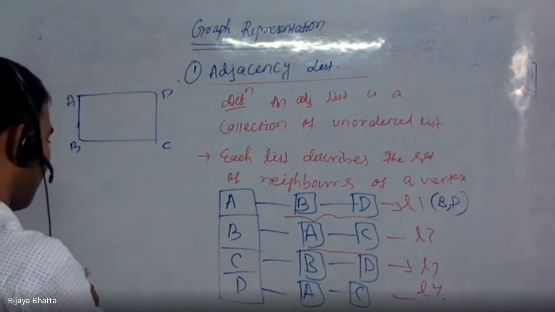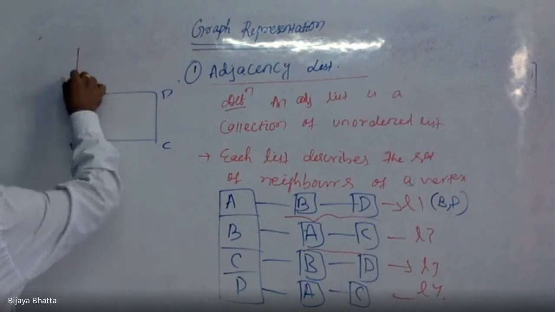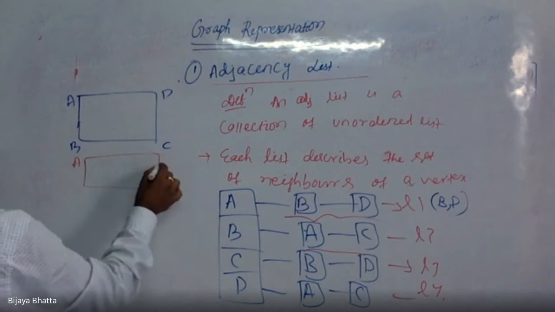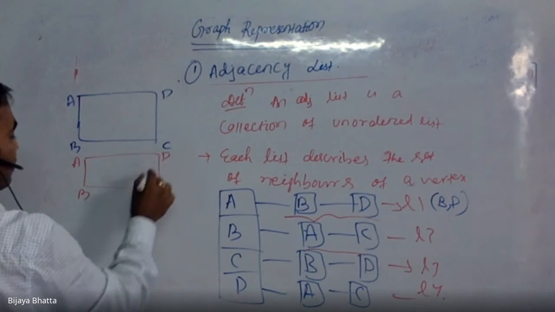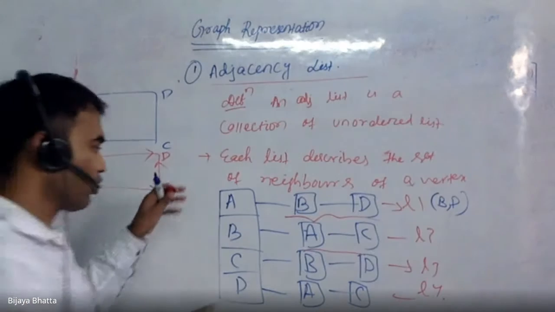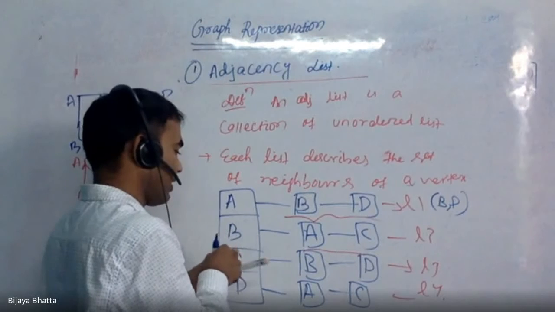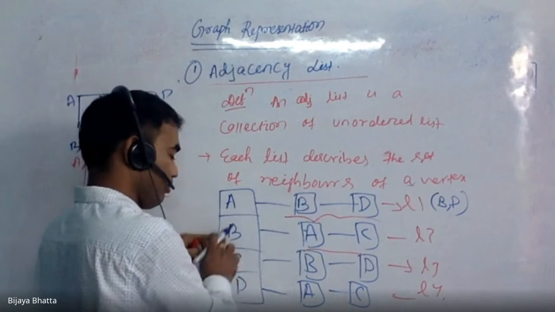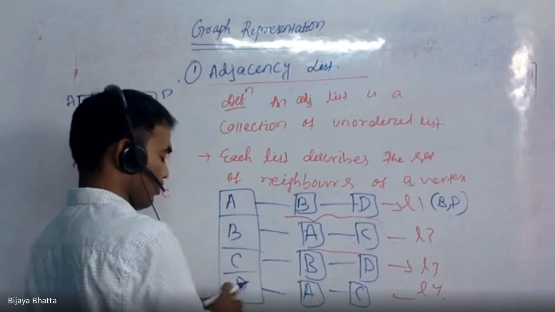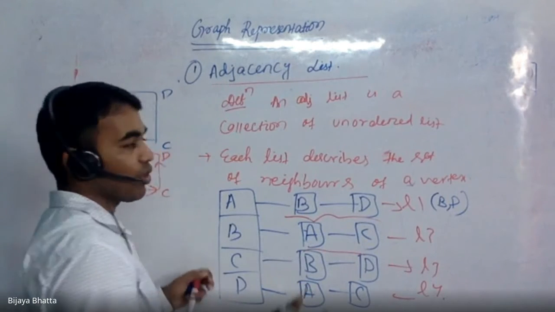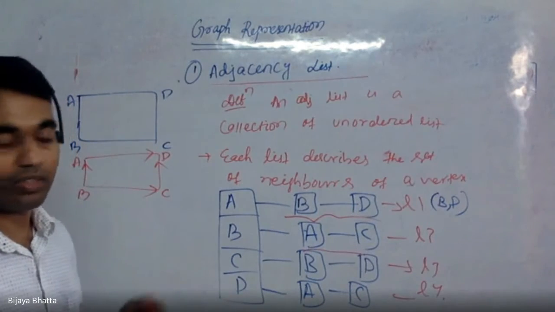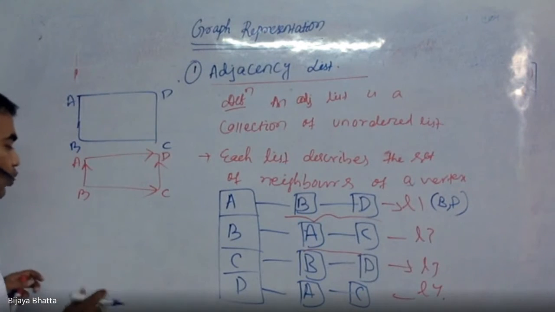If I ask you the same question maybe for a directed graph, I hope you will be able to do it quickly. A, B, C, D, suppose the same thing, but I put some direction like this. If you look carefully at the undirected graph, if A is connected to B, B is connected to A. If A is connected to D, D must be connected to A. But that will not be available in a directed graph, because directed means only one can be connected.